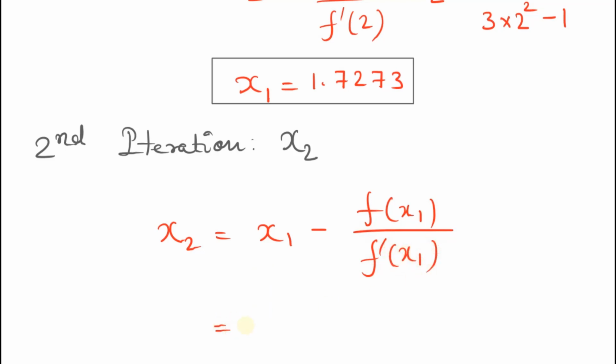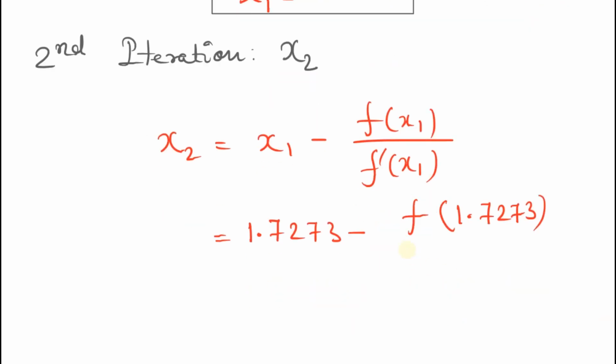So the x1 value we have is 1.7273 minus f of 1.7273 divided by f dash of